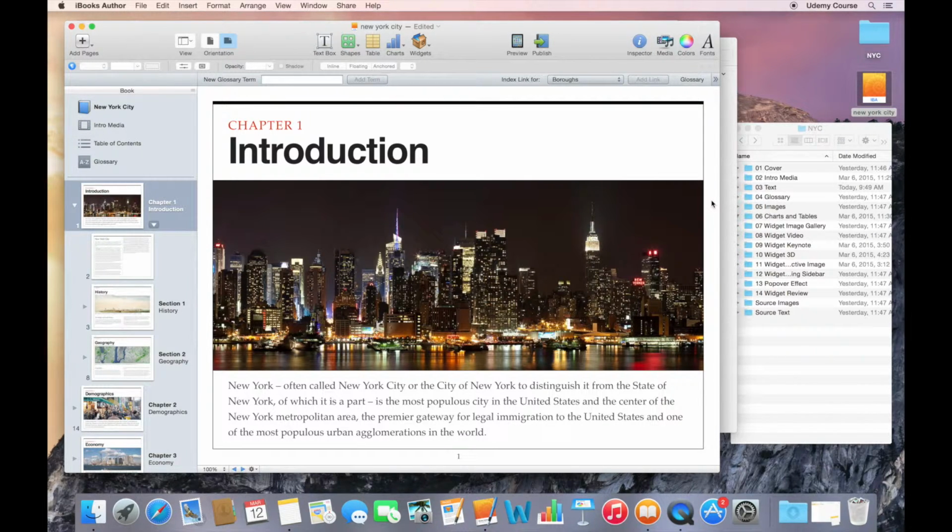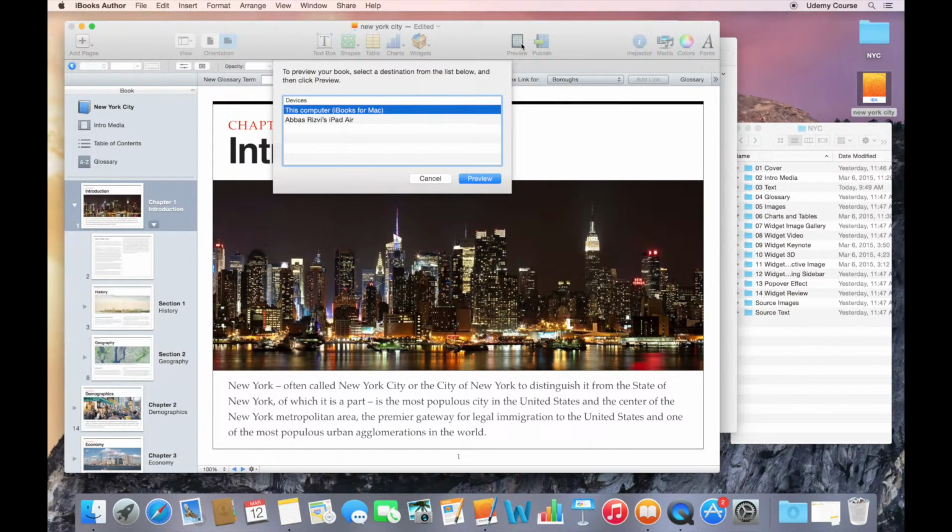We can either preview this on our Mac using iBooks, or we can connect an iPad to our Mac and preview it in the iBooks app. In order to start that process, we would click on the preview button in the toolbar, and you'll see that I have a list of devices pop up here. In my case, I do have my iPad Air connected to this computer. So I'm going to start by selecting this computer from the list of devices, and I'm going to click the